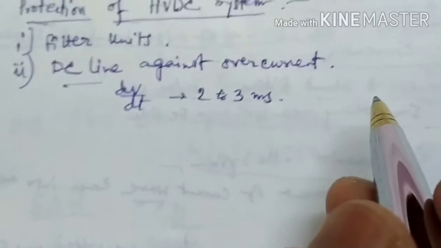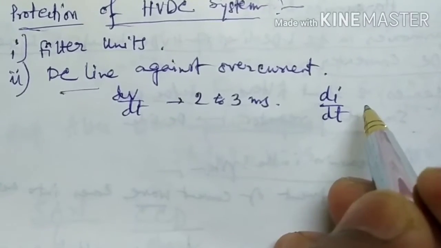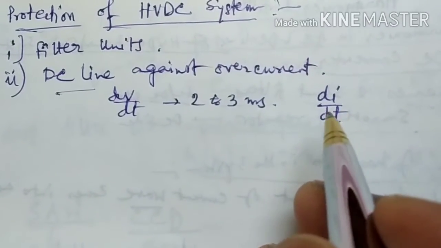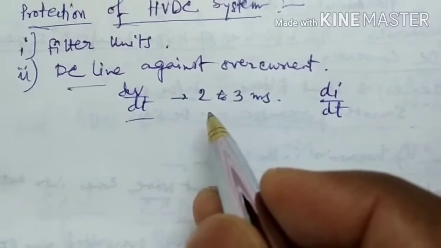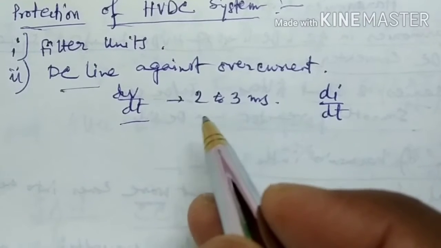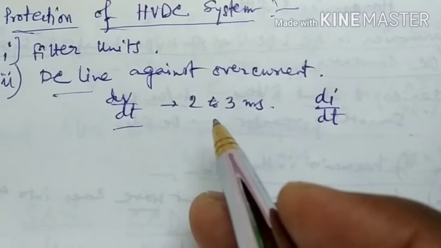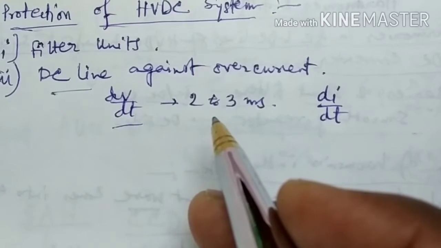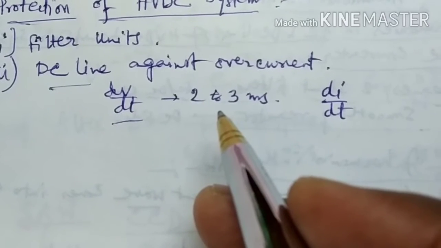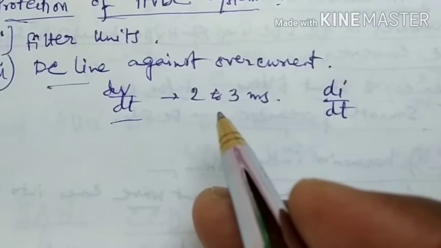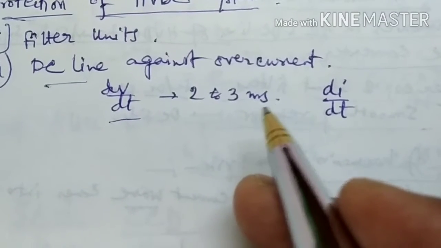Sometimes the rate of change of current, that is DIDT, is also taken. This DVDT is said to exclude lightning over voltage strikes, which have very high DVDT and are not cloud to line to ground strokes. This sensing is sufficiently sensitive and fast, and a signal is sent to block the rectifier and also trip the circuit breaker if included.